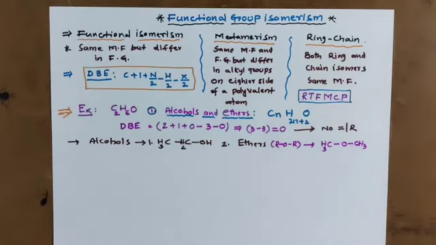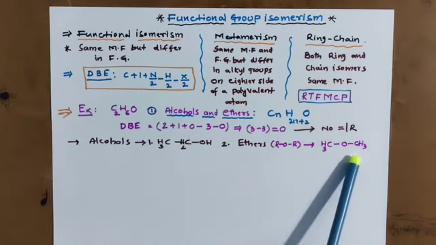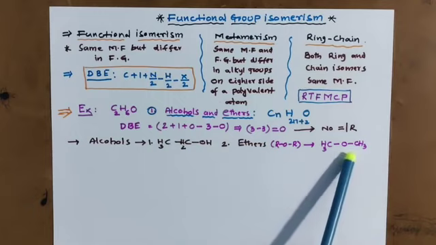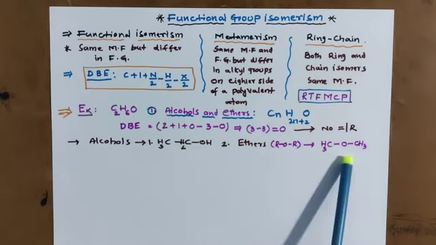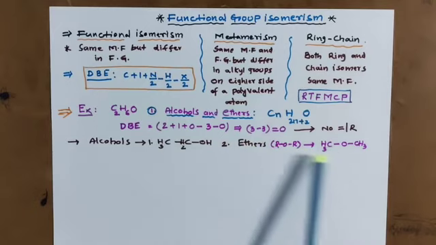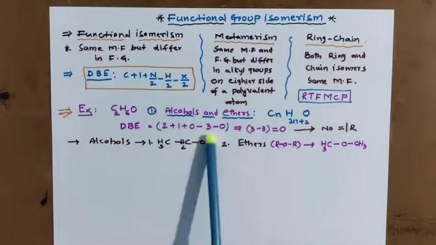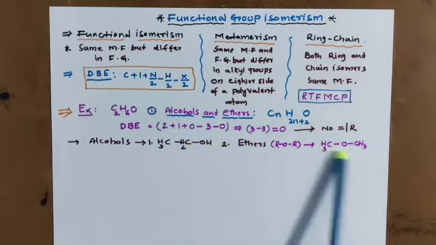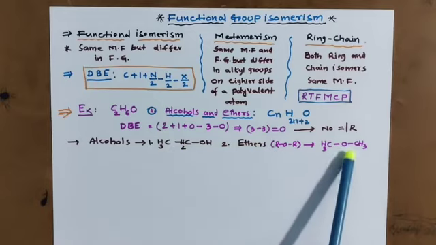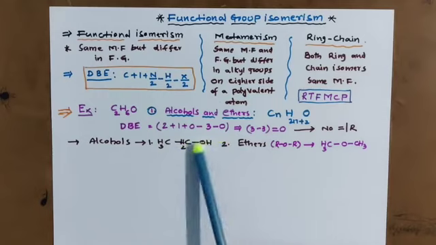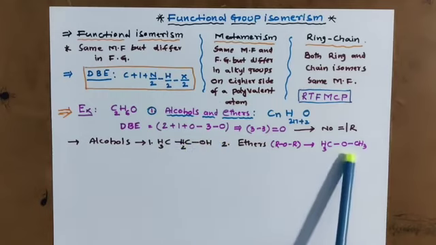Dimethyl ether. Completed now. So one alcohol we got, one ether we got. Am I right? So two isomers, that is functional group isomers we got. How are we saying these two are functional group isomers? This is alcohol functional group. This is ether functional group. So having the same molecular formula, but the functional group is different. Here alcoholic functional group, here ether functional group. That's why these two are